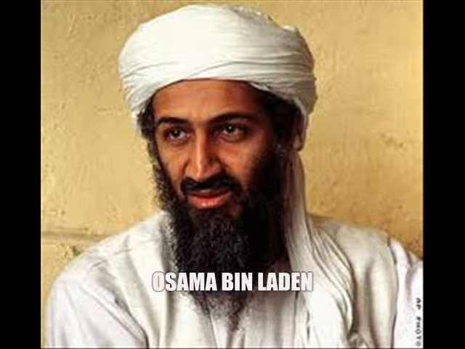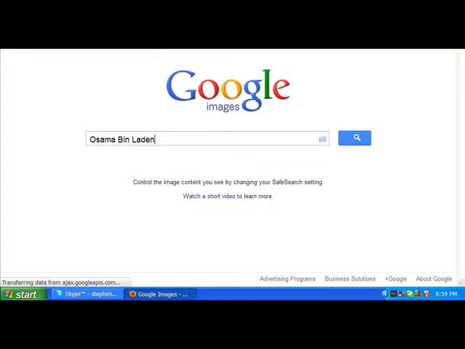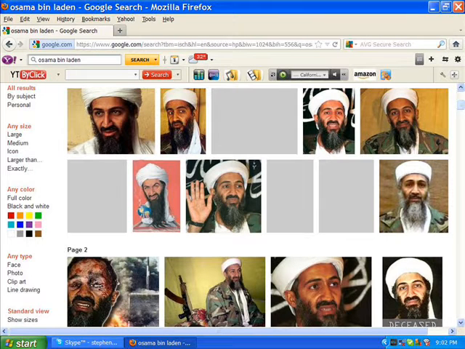The photo you are viewing now is of Osama bin Laden. And this photo is one of the earliest known photos of Osama bin Laden that we are viewing. Let's Google search the name Osama bin Laden and see what we come up with, shall we? I'll begin by typing the name in and search for photos and see what we get. We're now looking at a photo of Osama bin Laden. But no, wait. It appears to be different photos or different men posing as Osama bin Laden. But how could that be?